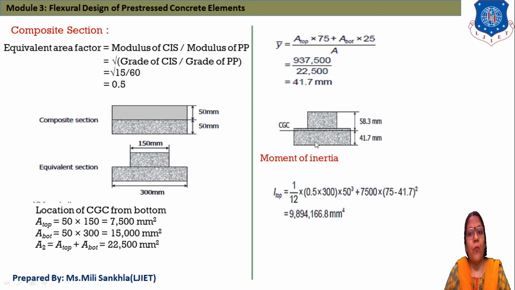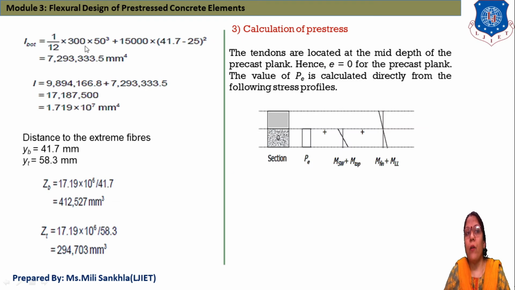Now we find the moment of inertia of the bottom section, again using the parallel axis theorem: Ig plus A h squared, that is bd cubed by 12 plus A h squared. For the bottom, bd cubed by 12 plus area 300 into 50 and A h squared, where h is equal to the bottom minus, h is equal to 50 by 2, squared. Again the answer for the bottom moment of inertia is this one. After summation of top and bottom, we get 1.71 into 10 raised to 7 mm raised to 4. This is the moment of inertia of our equivalent composite section.